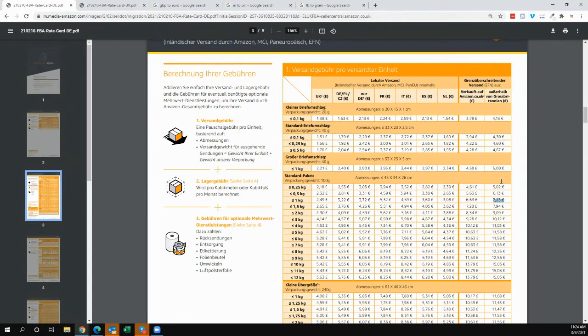Because in Europe, as long as you're keeping your goods in, let's say, Germany, and you're sending it to somebody in Italy, you can still use your,